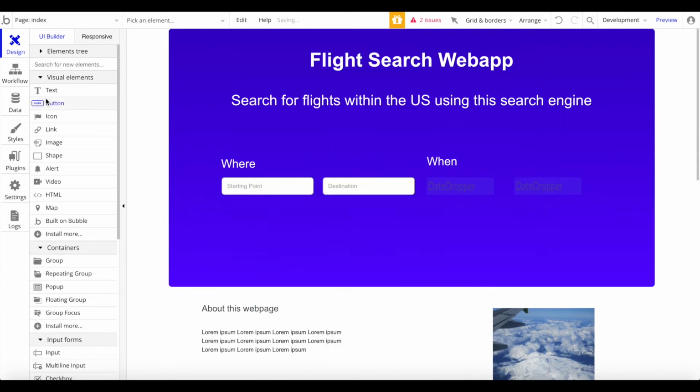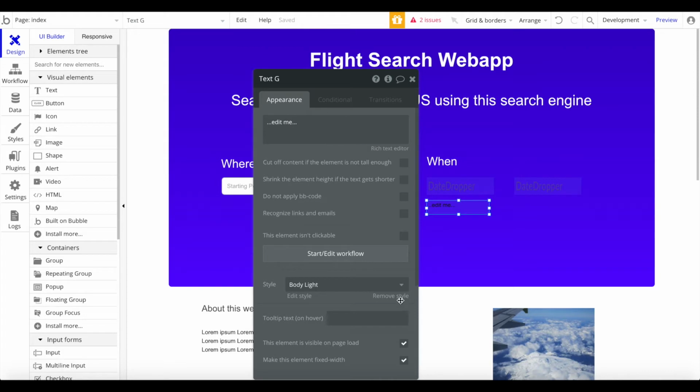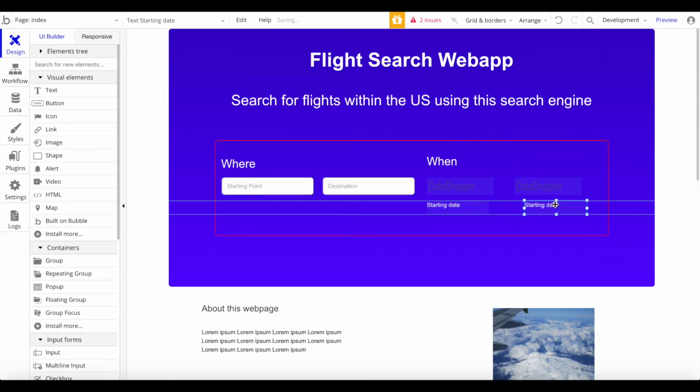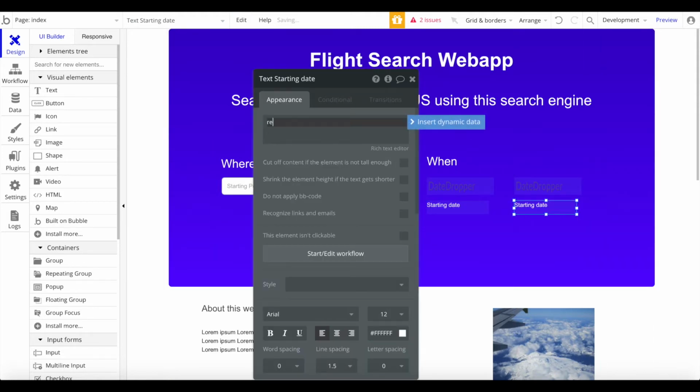And let's also just add a text so the user knows what this is basically. So a text underneath. Let's just remove the style, make it white, and let's call it starting date. And let's call the other text here return date. Okay,